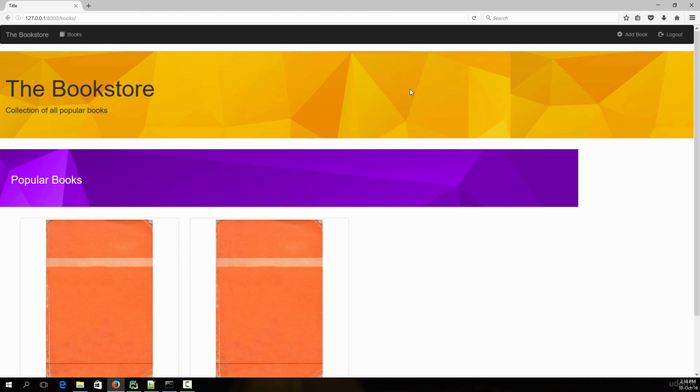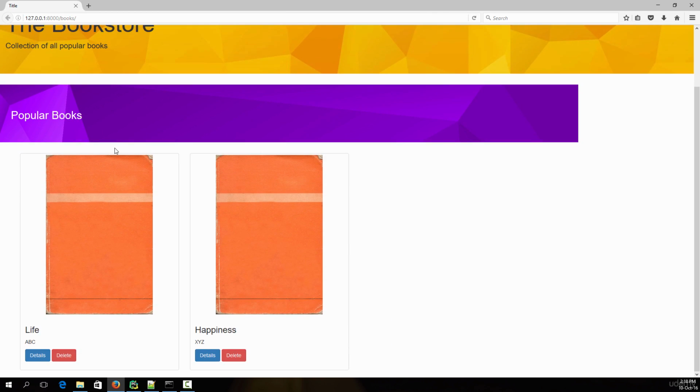So right now you have two options to add books. So the first option... input from the user. So what we are going to do here is provide a